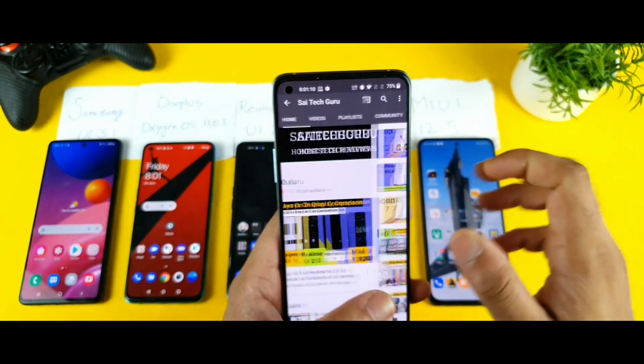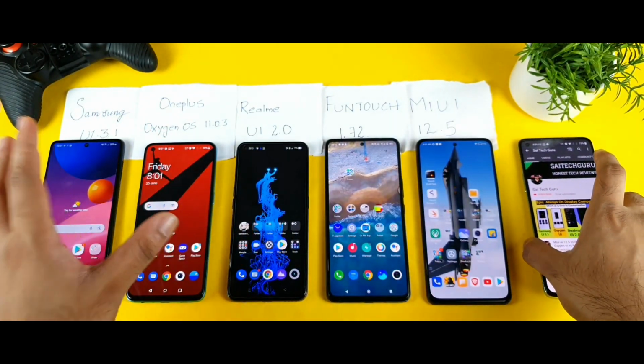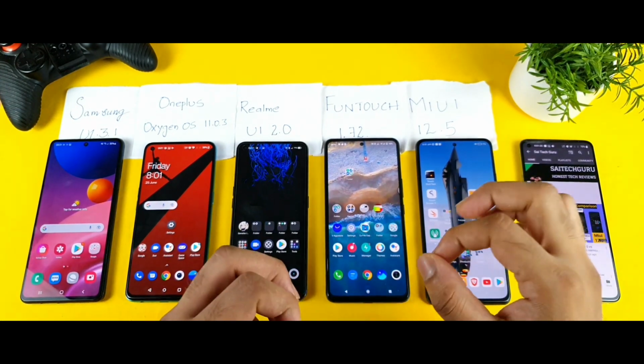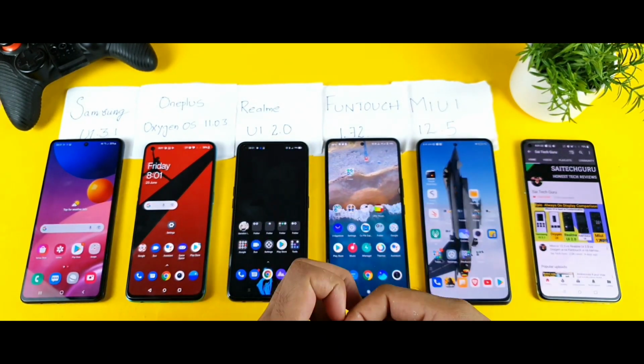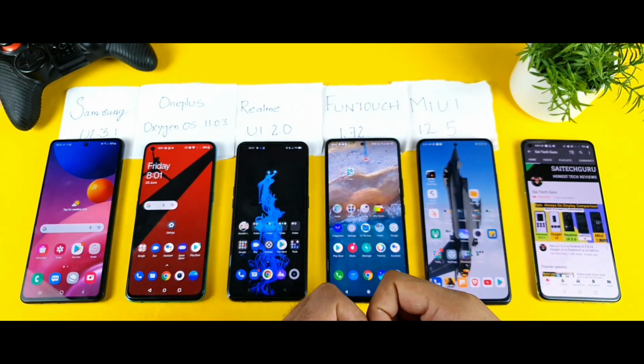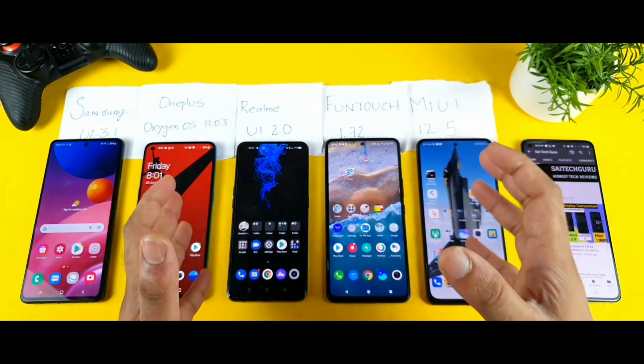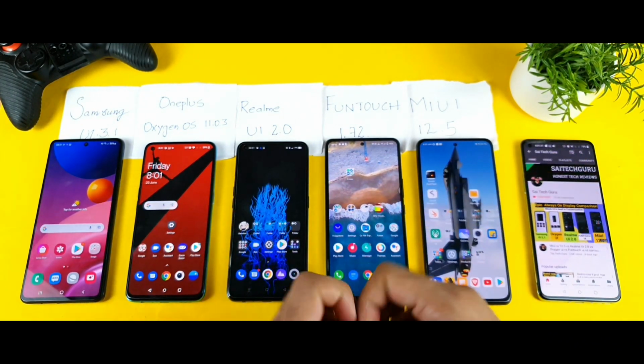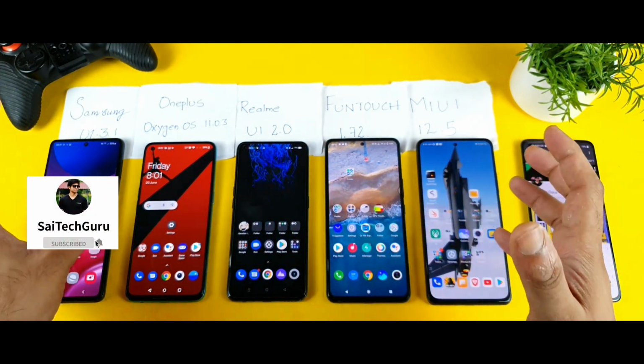I'll definitely try to upload videos on this particular topic, which is UI comparison, which is really interesting, because I did get a lot of feedback that I'm doing plenty of phone reviews only, not concentrating on the UI customization and the comparison. That is the reason I thought of making this kind of review for most of the users. So let's enjoy, friends. In this video, let's see which phone has got the better dark mode customization.